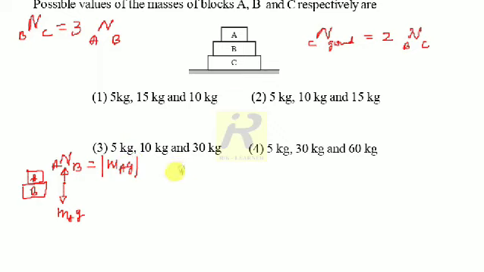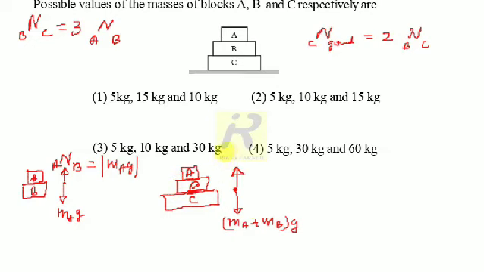And secondly, we are having the contact force between B and C. For that I need these three blocks. So now at this point of contact we have to think about here, right? So weight of A and B collectively act on C, so that is MA plus MB into G. So the reaction force on B due to C is exactly equal to this much. So normal reaction on B due to C is equal to the magnitude of MA plus MB into G.